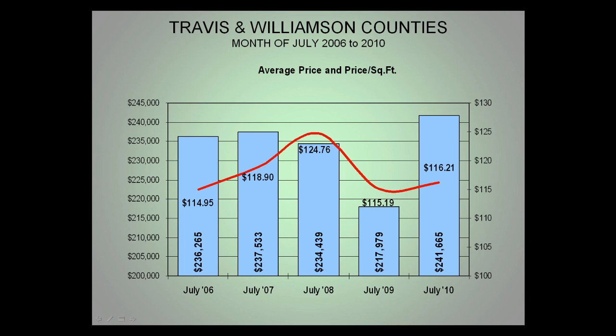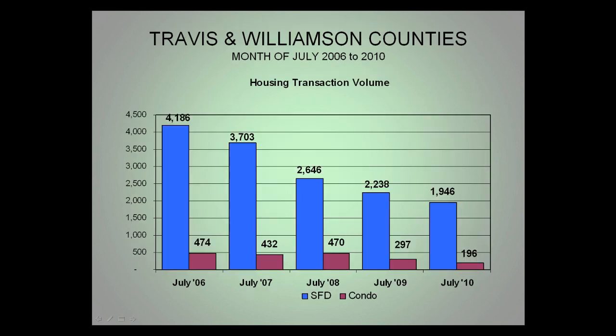Come 2009, prices are off quite a bit, value ratios are down, but come to the most current period in 2010, we're back up about the same level that we were in 06, 07, 08, and value ratios are creeping up a bit. Somewhat larger homes are again dominating the transaction activity.